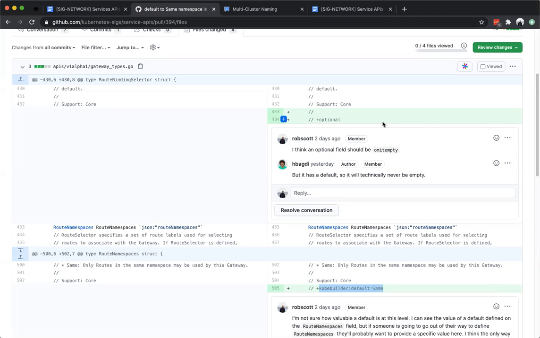So to clarify, optional in this sense means that a field can be empty, and if something is not optional, there must be a value there. And by putting optional on anything that has a default, we're being misleading because we're requiring some kind of value to be set there. So optional doesn't mean whether a user has to specify something or not. It means whether a field can be blank or not.